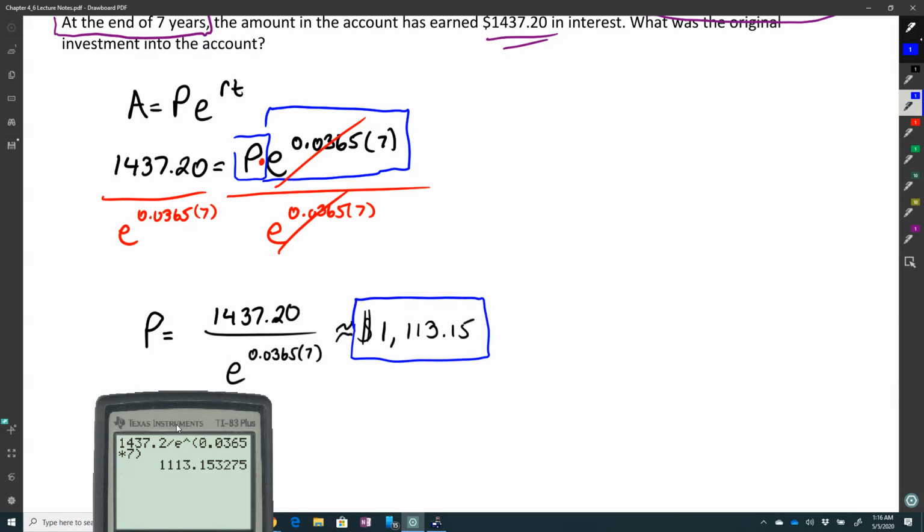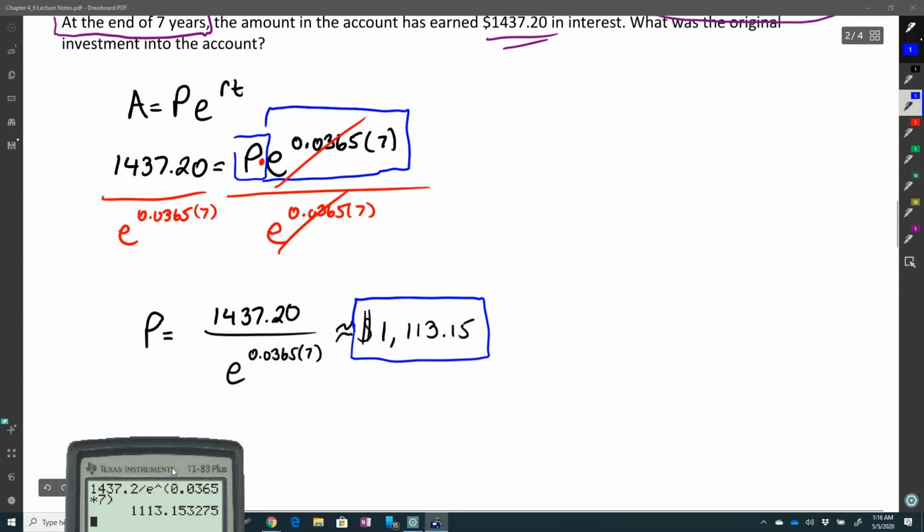Also, for international students in the U.S., it's customary to put the dollar sign in front of the amount, not at the end. However, if you're doing cents, like 43 cents, then that goes at the end. But if you're saying $2, it goes in front. I don't know. That's just something we do because we're a crazy country. All right. Anyway,